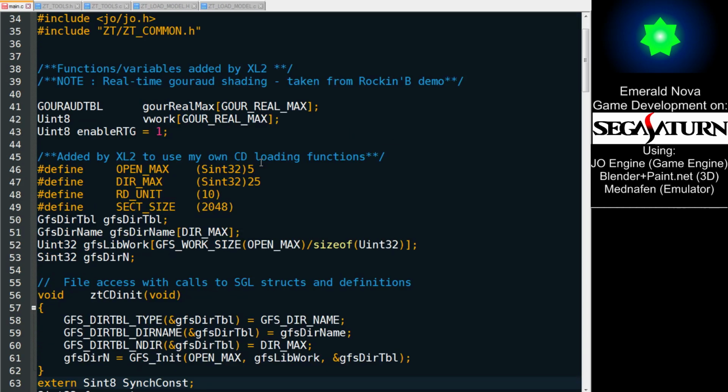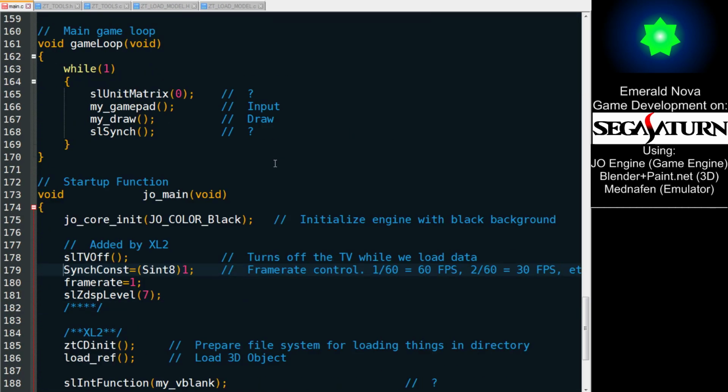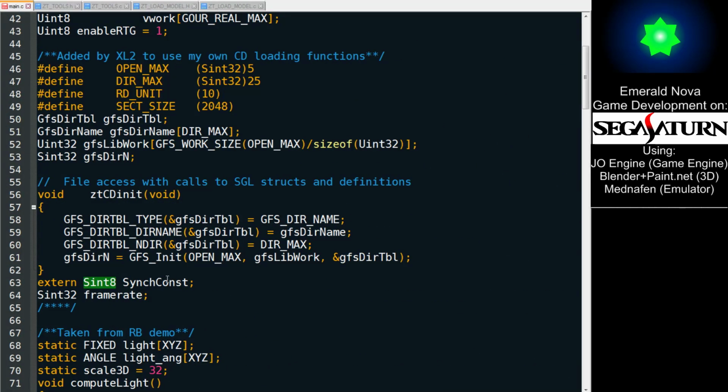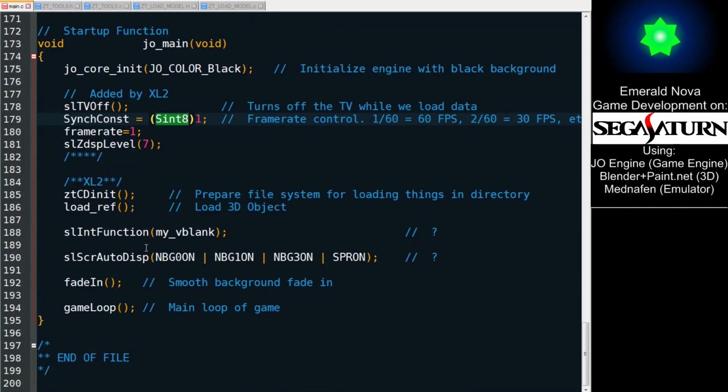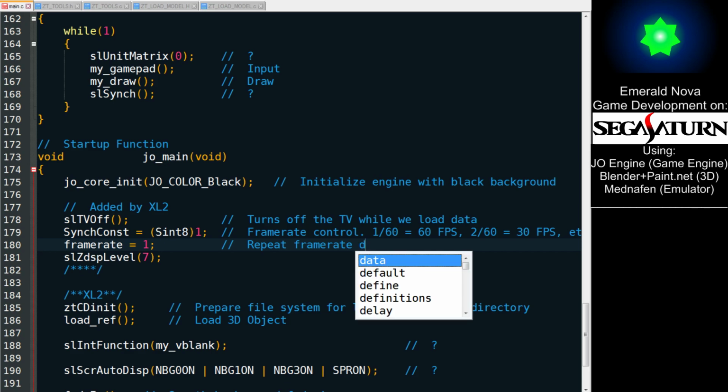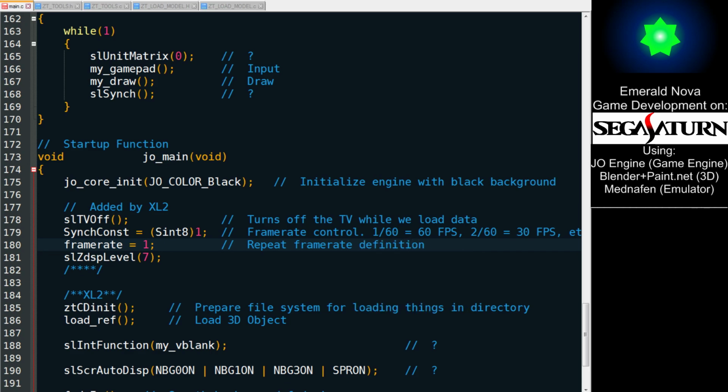Let's go back. Uncomment this and this. There we go. I'm not sure why we have to cast it as sint8 if sync constant is already defined up here as sint8, but there's no point in getting rid of that line because I'm not going to reduce the number of lines. Repeat frame rate definition, and then